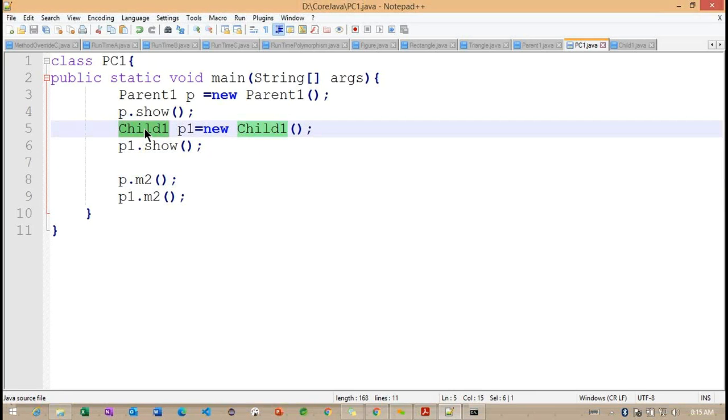Yeah, previously we defined it this way, right? Parent 1 P1 equal to new child 1. Defining this way, do we call it with any name, like we are defining a child object with a parent name? Do we call it with any specific term or just its notation?